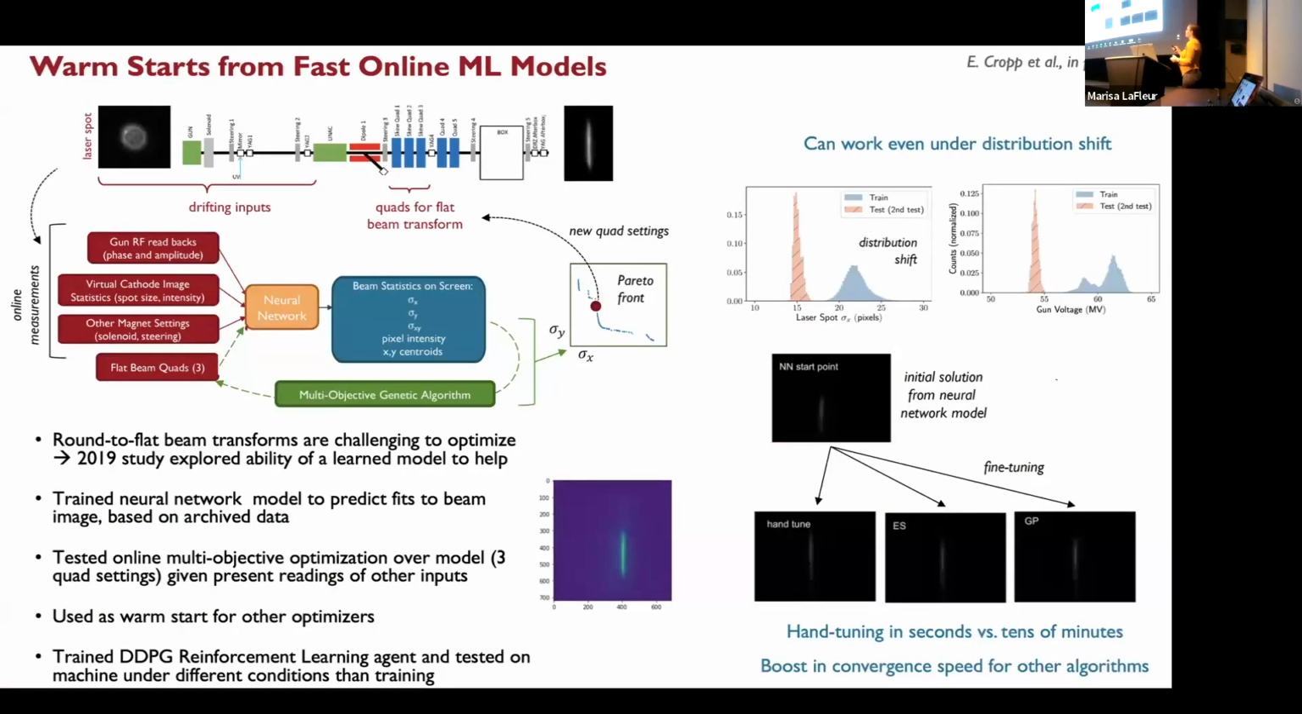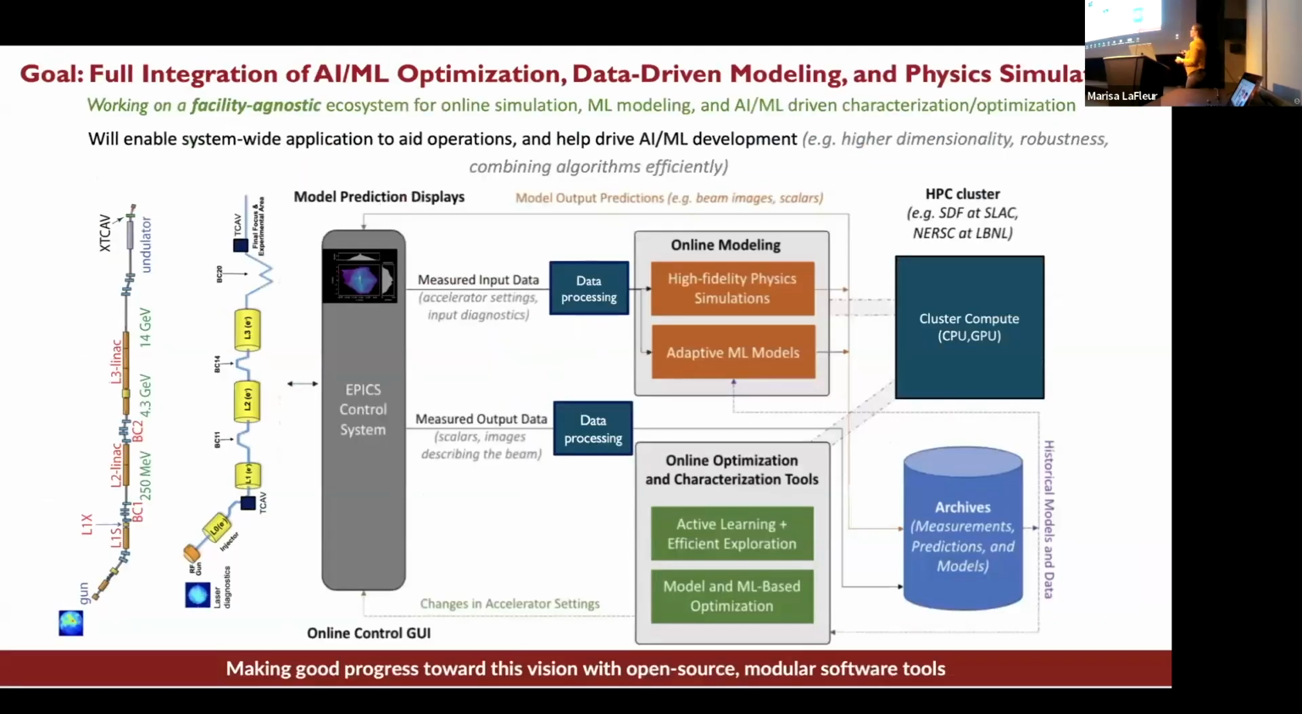I'll skip this because I'm short on time, but this is just an example of essentially tightening that loop a little bit with a learned ML model. And then lastly, a lot of this requires infrastructure. And so this is actually something that